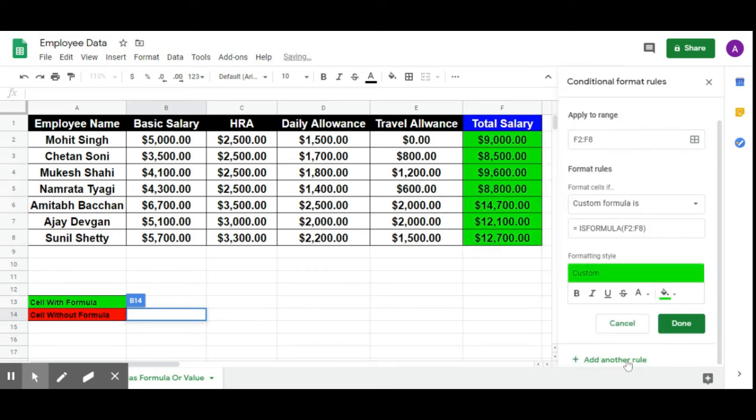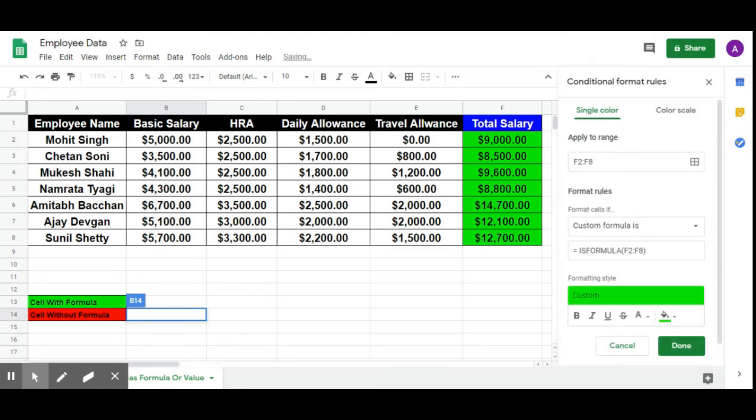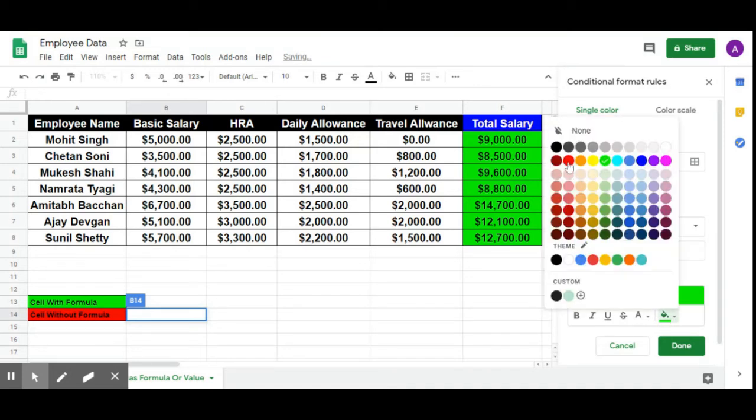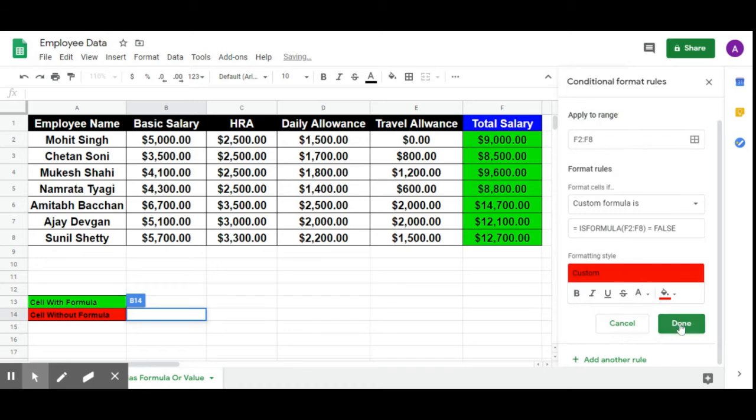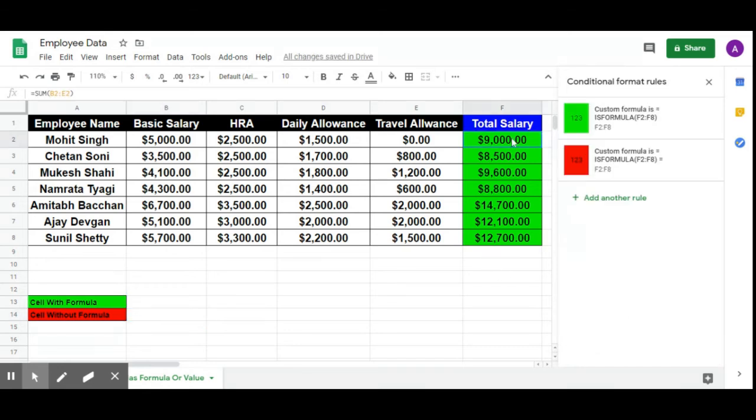Now let's do it for cells without formula. Click Add another rule. In the formula text box area, just add equals false. In the color option, select the red color. Click Done. You can see all the cells under salary column are highlighted as green, because all cells are currently